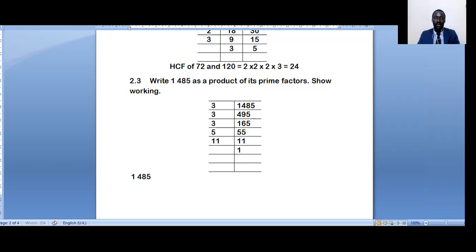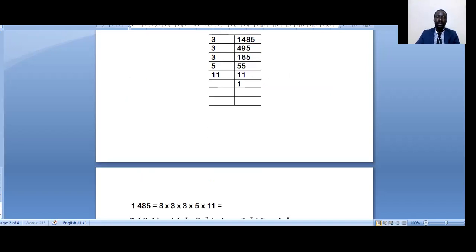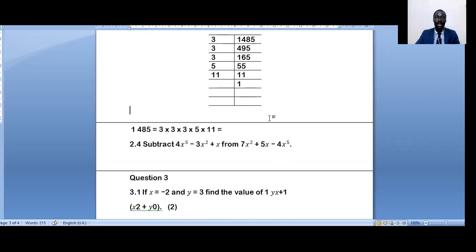So 1485 as a product of its prime factors is going to be 3 times 3 times 3. That is how many 3s? 1, 2, 3. Then times 5, then times 11. Or you could also write it as